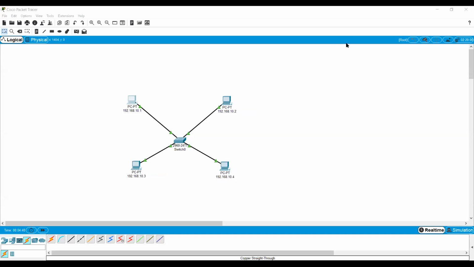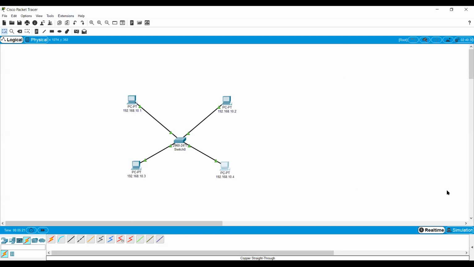Okay, for the second one, it is 10.2. Okay, for third one, it is 10.3, and for the fourth one, it is 10.4. Okay, now our topology is ready. We can send the data from one device to the another devices. Okay, so suppose switch પાસે કોઈ data આવે છે. Okay, and switch need to find out કે આમાંથી મારા data હવે કોને મોકલવાનો છે.